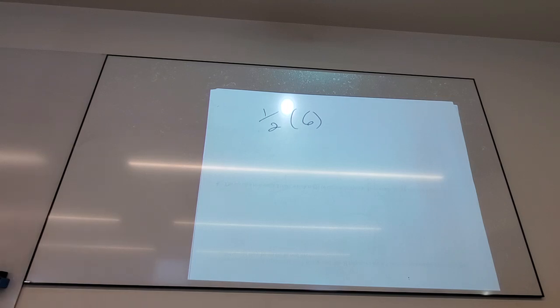Okay, so if the 6 was first, then it would be 6 groups of a half. Okay. So that's beautiful. Not a thing wrong with what I just said, because now we know commutativity works, but it's not directly what that means. Well, what's the answer? 3. How does that relate to the 1/2? Half of 6 is 3. So the 1/2,